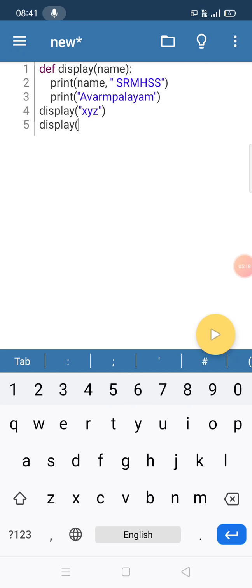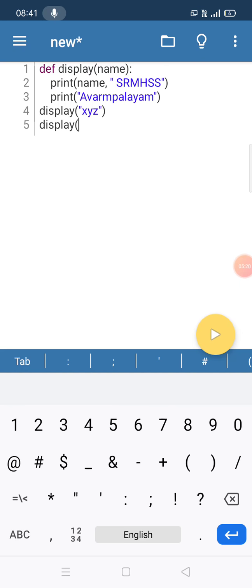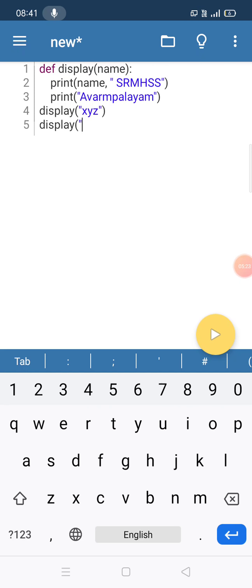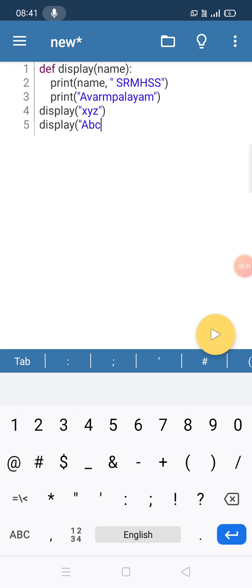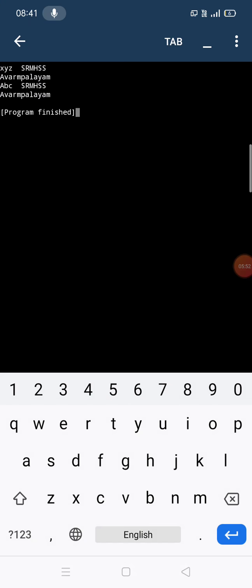As I already told, if I want to call a particular student, I should call the name of that particular student, so that particular student will respond to me. In the similar way, if a function should respond, you have to call that particular function. So the first name is XYZ and the second name is ABC. Now we will see the result of the program.